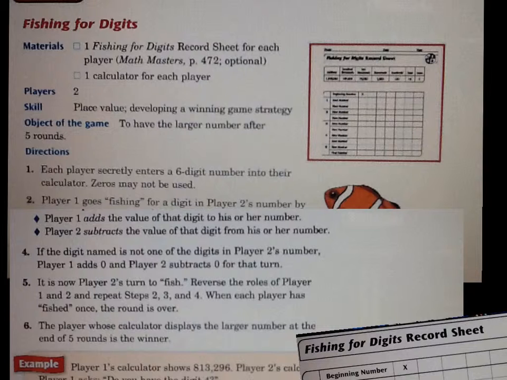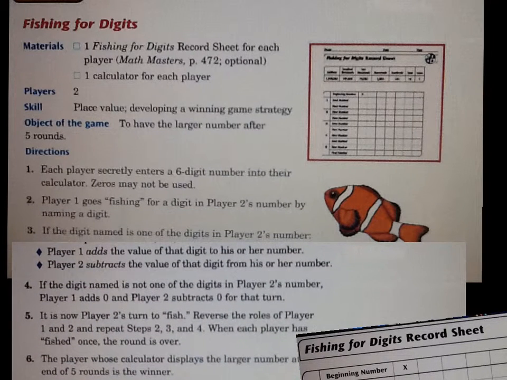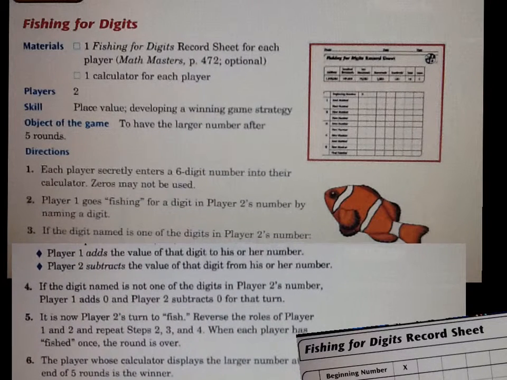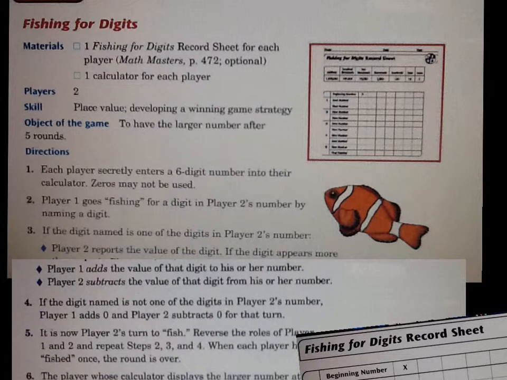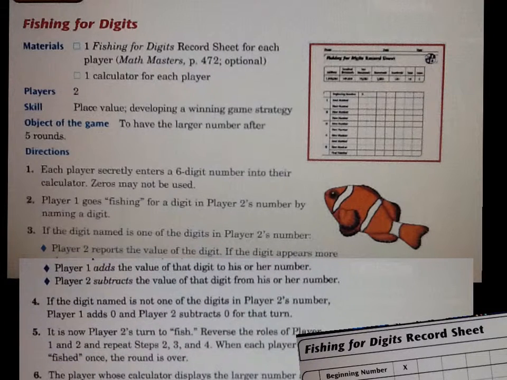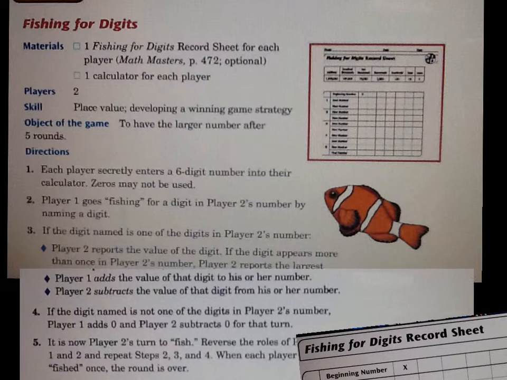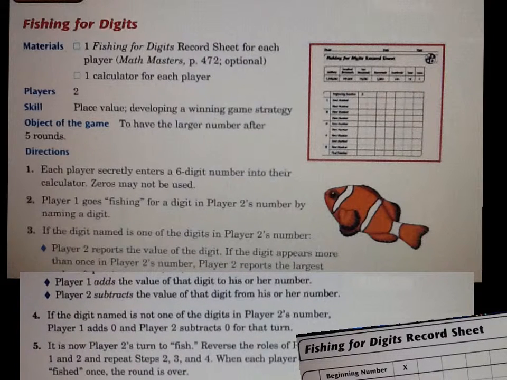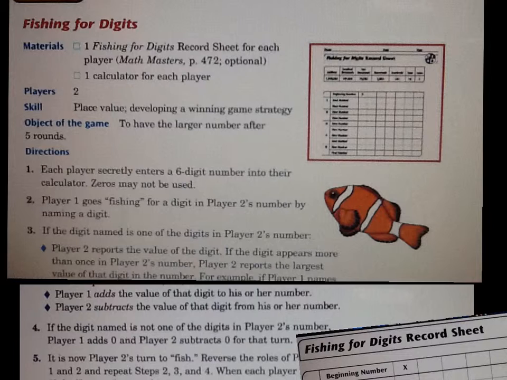Here are the directions. Step 1. Each player secretly enters a 6-digit number into their calculators. Zeros may not be used. Player 1 goes fishing for a digit in player 2's number by naming a digit. If the digit named is one of the digits in player 2's numbers, player 2 reports the value of the digit. If the digit appears more than once in player 2's number, player 2 reports the largest value of the digit